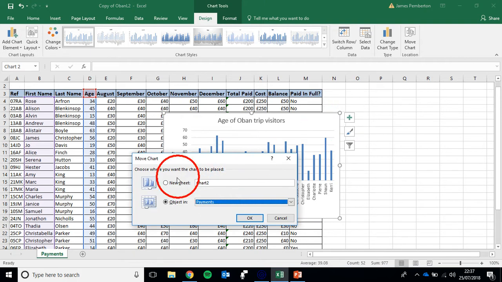After clicking that, I can choose New Sheet, and I may even give that sheet a title. I'm going to click OK,